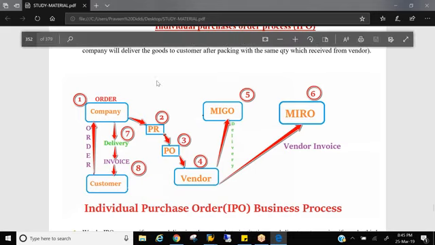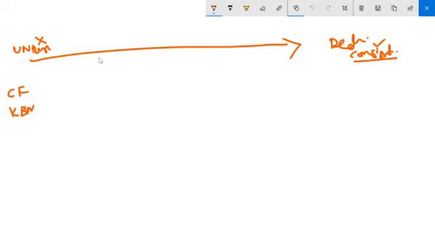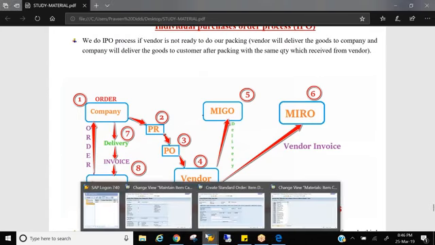Okay. So in consignment, what happens is the stock will be debited from the unrestricted stock and stock will be posted into consignment stock. So what is debiting of consignment stock and how it is posting? It's better we discuss it in the schedule line part, not in the item category, because there movement type comes and it makes more sense to discuss at that time rather than now. But just make a note that the KEN and KRN consignment processes will have a special stock indicator W. So what this W is and what the effect of the movement types is, we will discuss at the time of schedule lines. That makes more sense there.